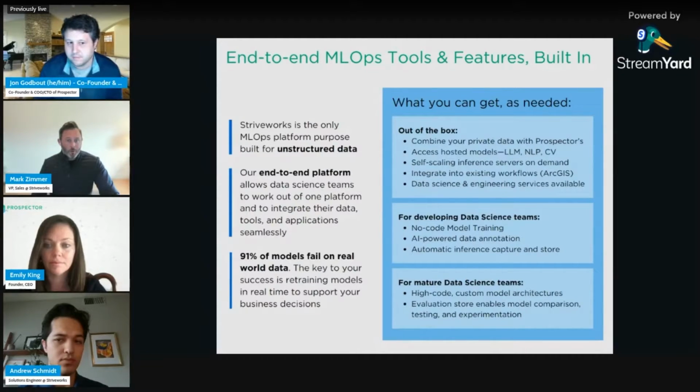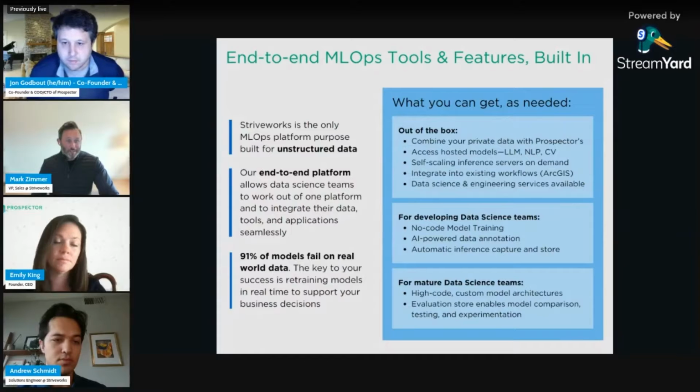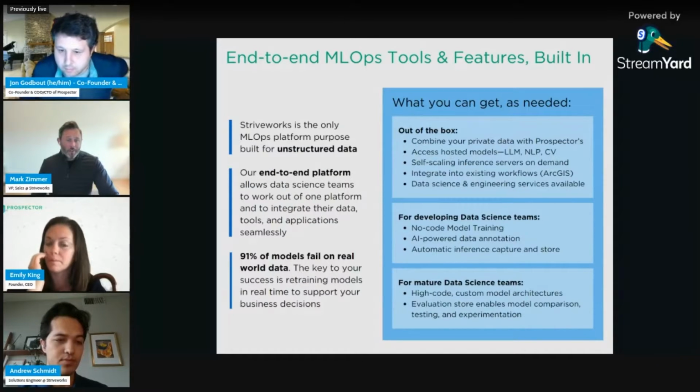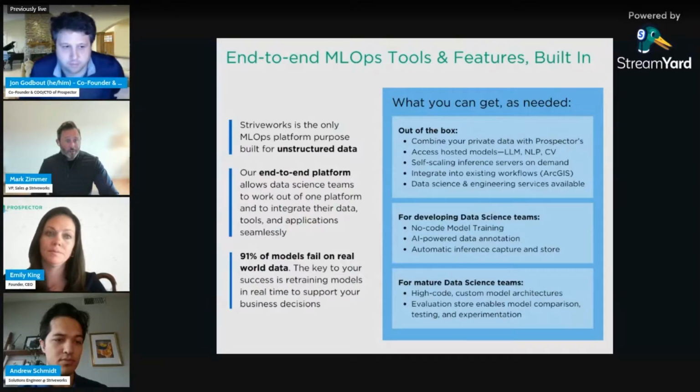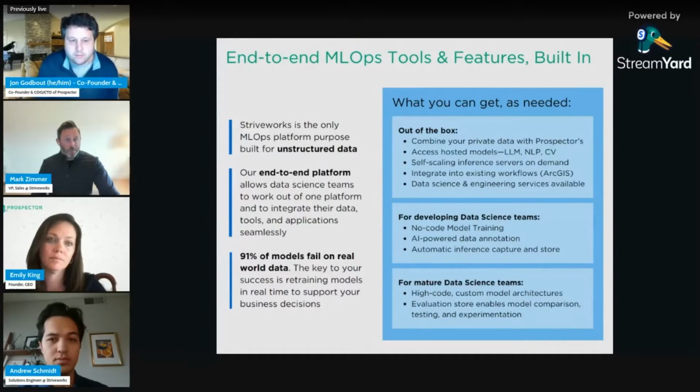So as I mentioned before, structured data is kind of like Lego blocks. Things fit together really well, whereas unstructured data is more like clay. It's very easily manipulated into different scenarios and much harder to run machine learning on. And so it's important to call out that 85% of enterprise data is unstructured. And so in order to get insights out of it, it is important to structure that data. And that is really what Striveworks was purpose-built to do.